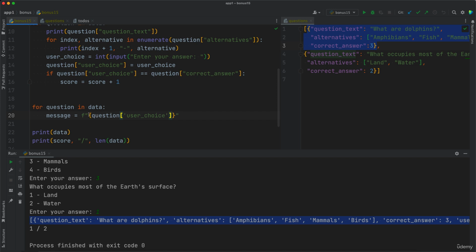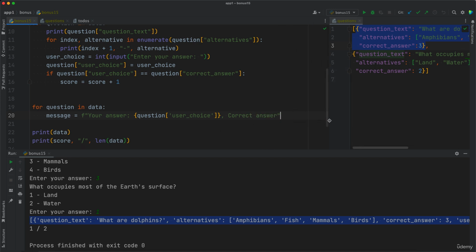So you can say that your answer is that, maybe a comma outside that, and then go outside these curly brackets, and you could say correct answer is question